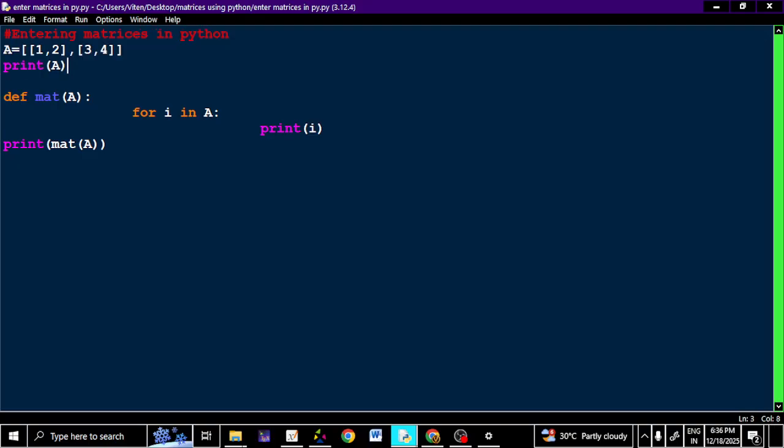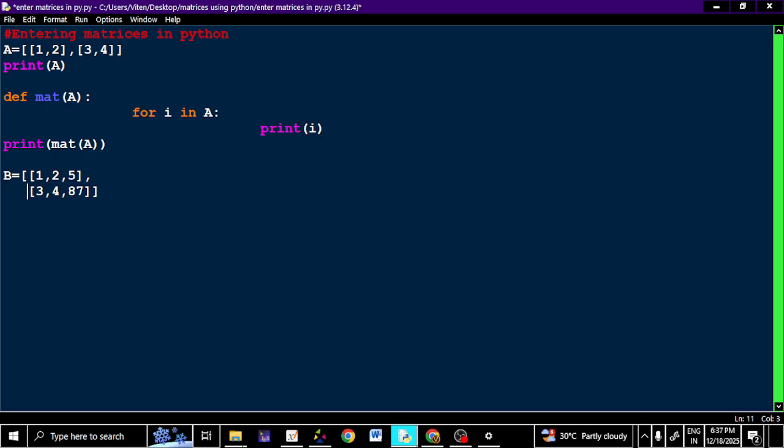Okay, so this is how you enter matrices in Python, and if you have a bigger matrix, you can actually enter a bigger matrix here as well. So I will just copy this and paste it down. Maybe I can rename it as something else. Let's say B. So if you want a 2 by 3 matrix, okay, only 2 rows and 3 columns, then I'll have to enter more entries here. So let's say 5, and here I'll enter another entry. Let's say 87. So this will be a 2 by 3 matrix, and